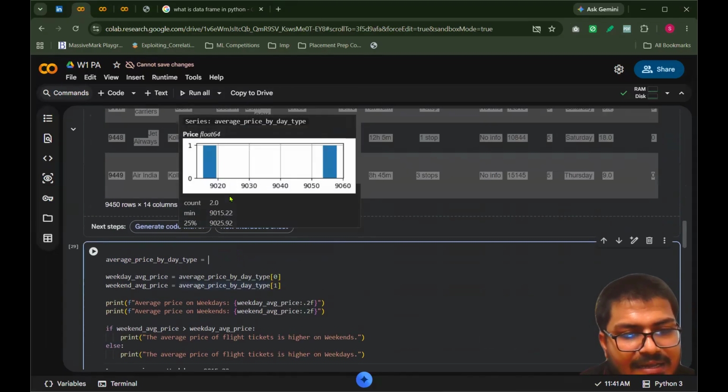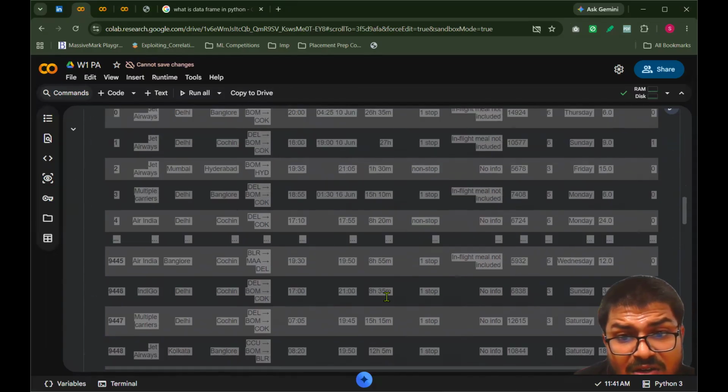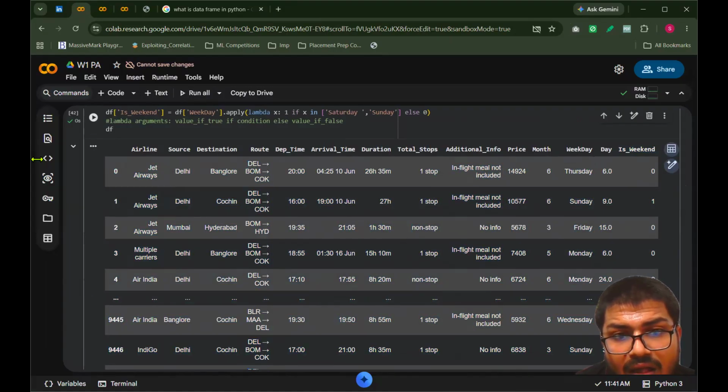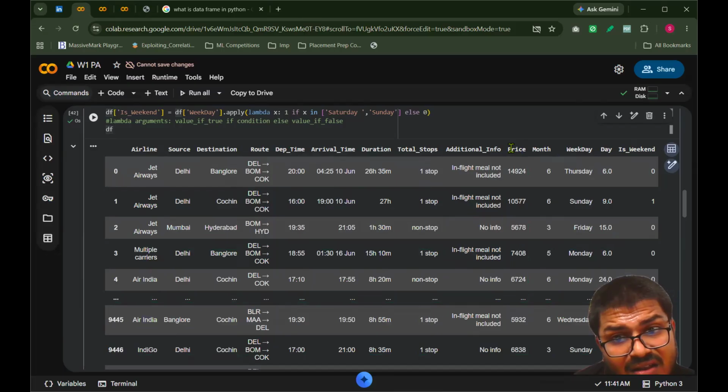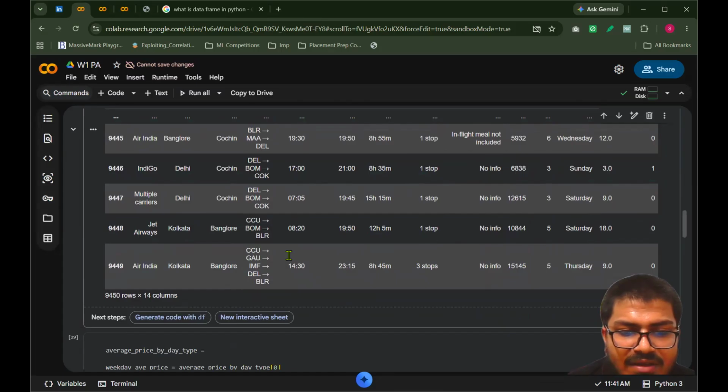Now, average price by data. We want to find the average price. We want to group this whole data according to is it weekend, is it 0 or 1, and also find what is the average price of the weekend or weekdays. So basically we can do as